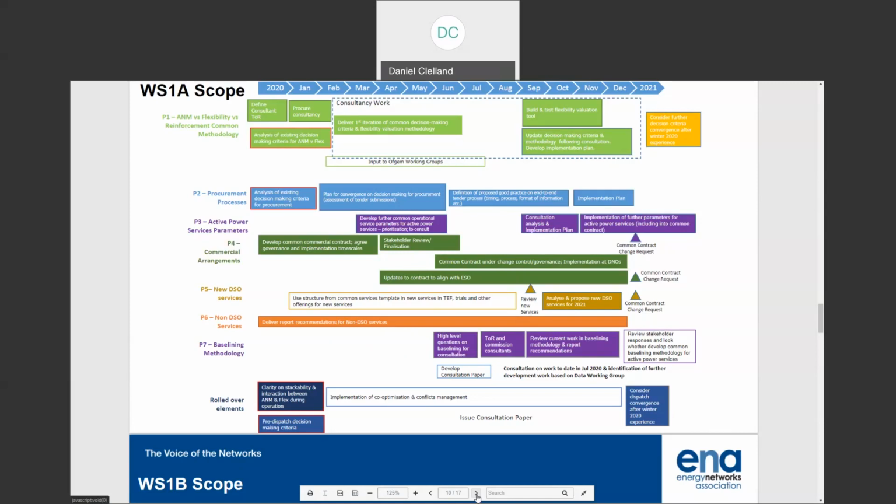Also, an 8-week period gives some flexibility through the holiday season, which you've all asked us for previously. But we think it's very important on the key area of flexibility development that we're taking into account stakeholder responses. So an extensive public consultation on the flexibility developments will be undertaken in July.